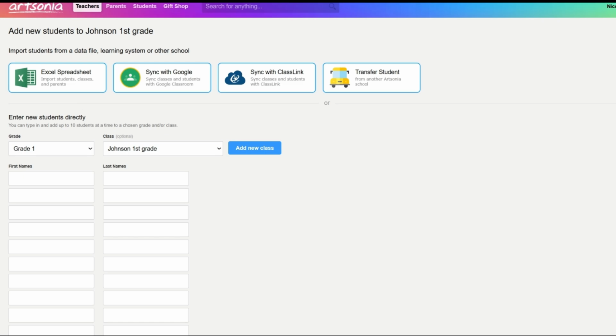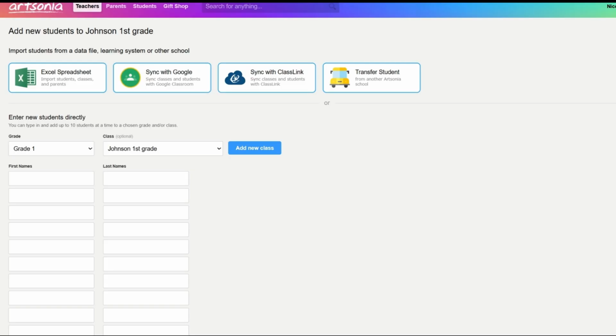It also doesn't take too long for it to be uploaded. And after it's uploaded, you can go back and add and subtract as you need to. You're not stuck with that class sheet if you mess something up or if somebody gets added or dropped from your class. If you use Google Classroom, there is a sync to Google Classroom option as well